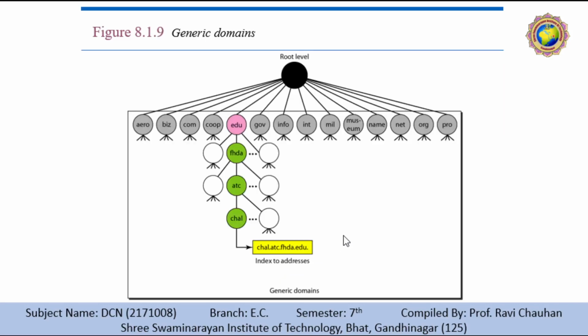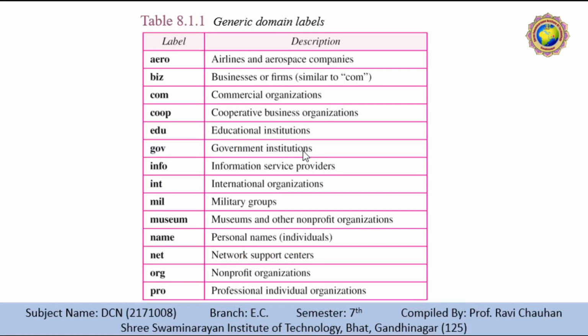The generic domains define registered hosts according to their generic behavior. Each node in the tree defines a domain, which is the index of a domain namespace database, just like our fsda.edu. You can see that in this direction. Fine, so it is a generic domain. Looking at the tree, we see that the first level, the generic domain section, allows 14 possible labels. These labels describe the organization types as listed in our table.